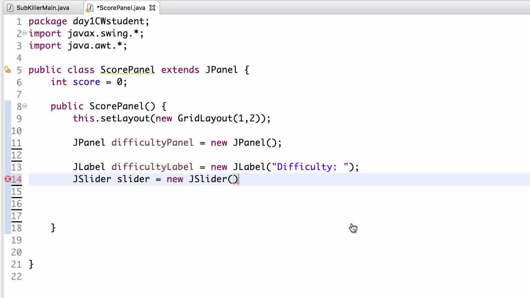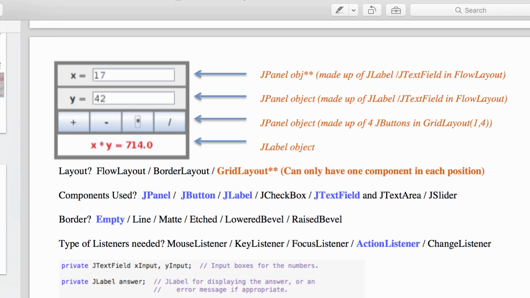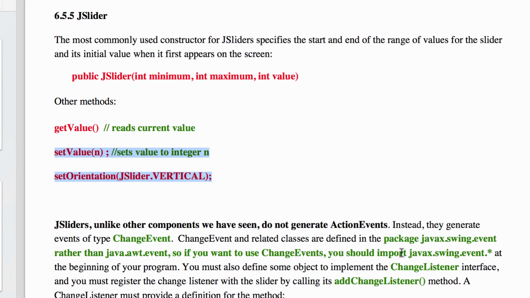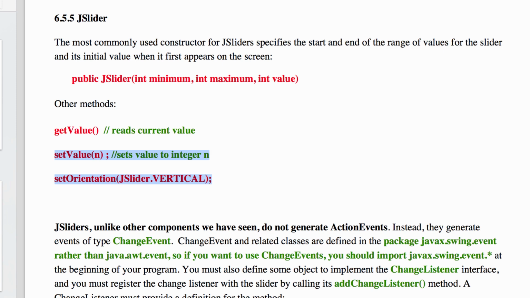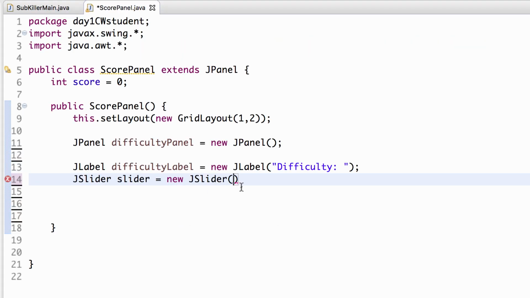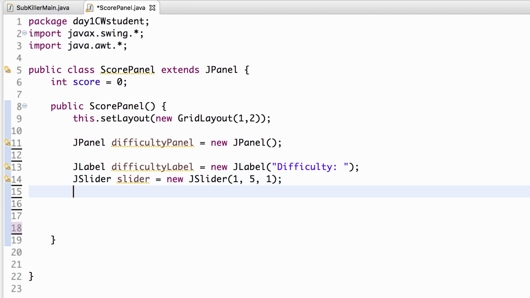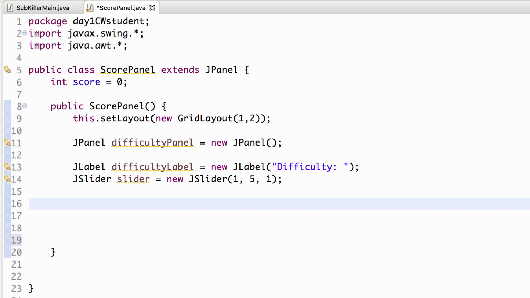Now, what do these guys mean in our constructor? Okay, so for the JSlider, remember this is the minimum, the maximum, and then the value that's initially there. So let's have the minimum, let's make it a difficulty from 1 to 5, and let's make it start on 1. You can change that, of course, if you want. And then actually, let's just not add those yet. Okay, and so we've got those two elements, and so again, the main syntax is always going to be